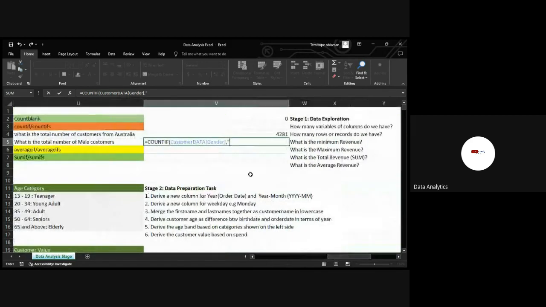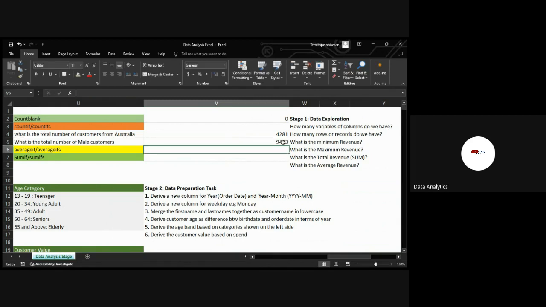So if I type male, or if you had typed male, you would have been getting 0. So I will type M because that's what's in my data set. The fact that I said male does not mean you should type male. You need to check your data set to confirm. So we have 9,403. So that person that I dropped the answer is correct. So now that's how to go about